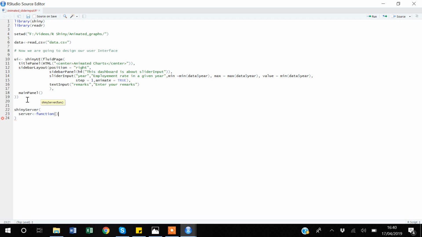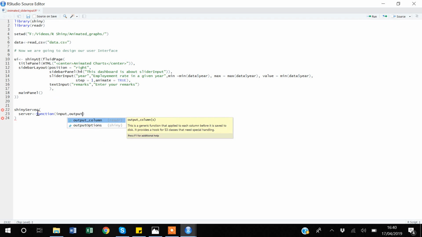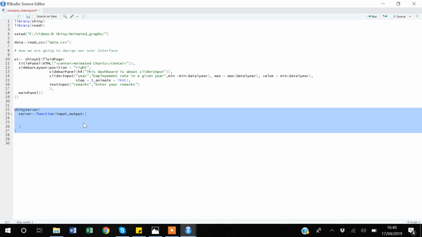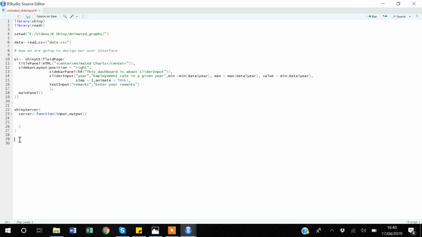The function will get input from the user interface and will compute some outputs within my Shiny server. And then I'll add these curly brackets. I have just created a Shiny server without any computation, and in the end I will add computation, but I'm just finishing giving a broad structure to my Shiny app,